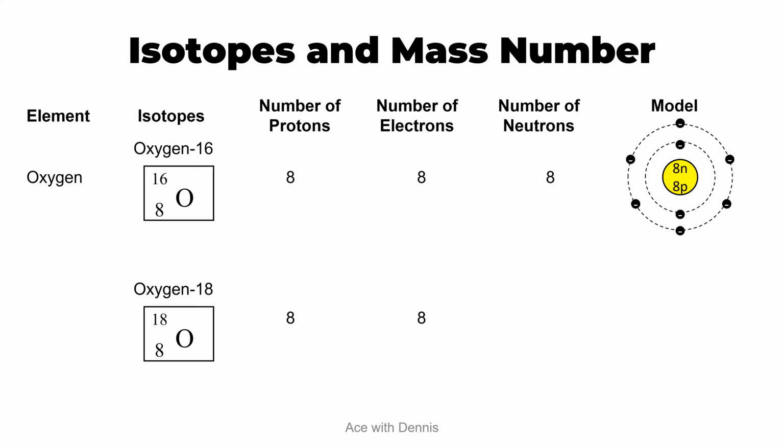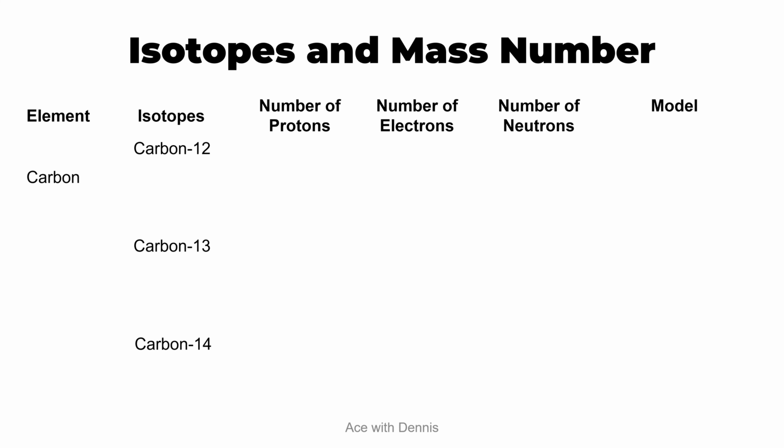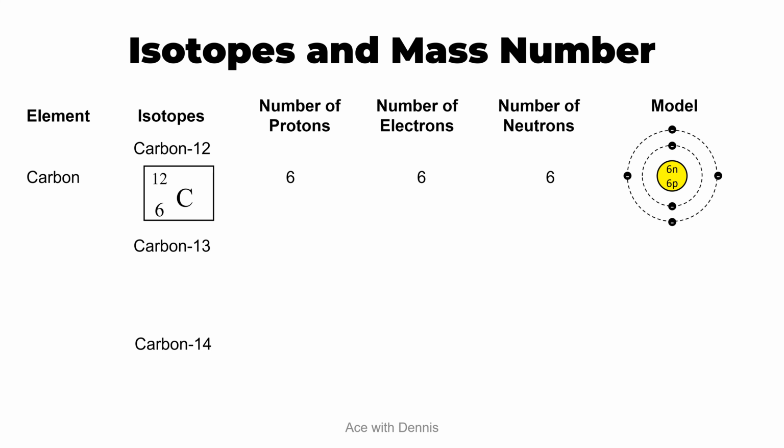The next example is carbon. Carbon has 3 isotopes, which are carbon-12, carbon-13, and carbon-14. For carbon-12, the mass number is 12 and the atomic number is 6, which means the number of protons is 6, the number of electrons is 6, and the number of neutrons is 6 as well. So the model will be, there are 6 neutrons and 6 protons in the nucleus, and this nucleus is orbited by